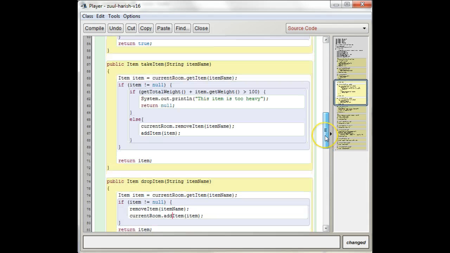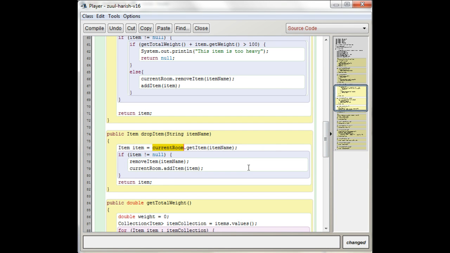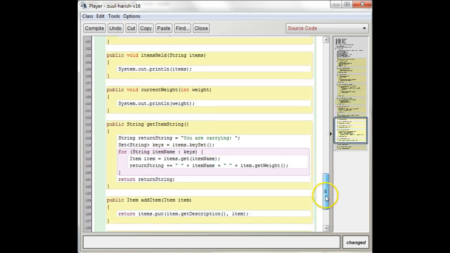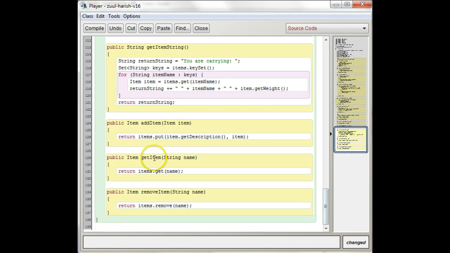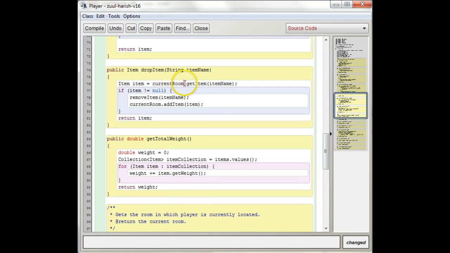There's one other little glitch here, which is in take item, the purpose of this get item call is to see if the item's in the room. Okay? But to drop the item, we're not looking for the item in the room. We're looking for the item in the player's collection of items, right? So you have a get item method right here that you can call, and this checks the items that are held by the player. Okay, so we can just call that get item,